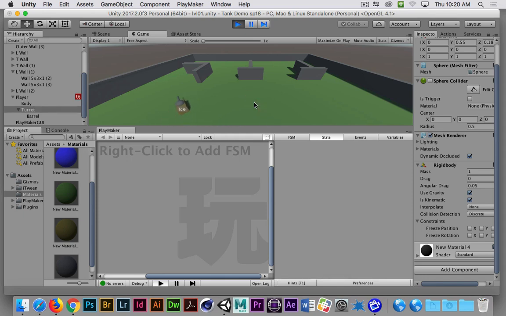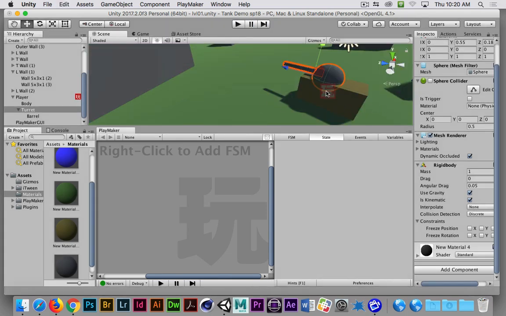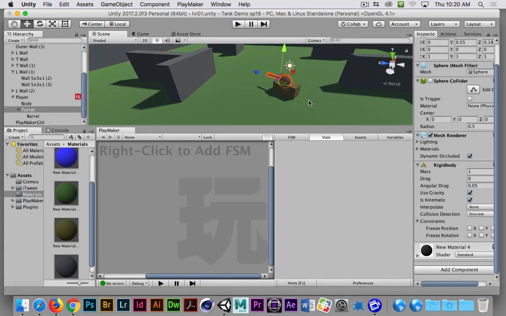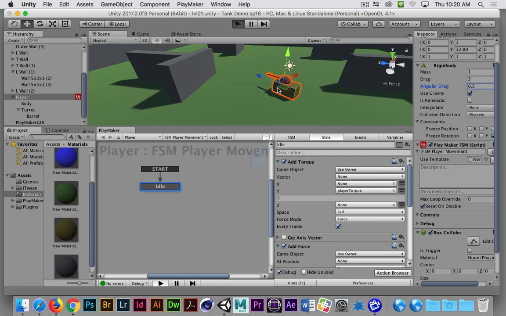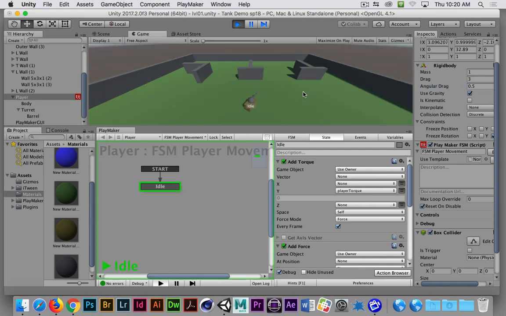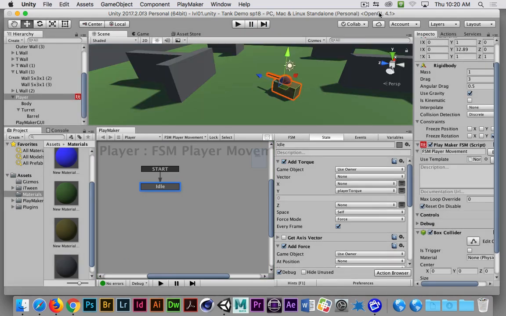Now I'm a little slippery, right? So I got that same issue of when I'm rotating too fast, or I'm actually rotating at the right speed for now. I'm just not coming to rest as quickly, so what should I do? Someone help me out. It's in the rigid body, I'll give you that hint. Change the drag. Linear drag is the linear motion. We'll change the angular drag to something like maybe 0.5, and I'm guessing, I don't know. And so the way I'm going to test this is I'm going to spin it one way or another, and when I release my button, when it comes to a stop, I'm happy with it. Okay? So I'm going to toggle the play button, save what I have,